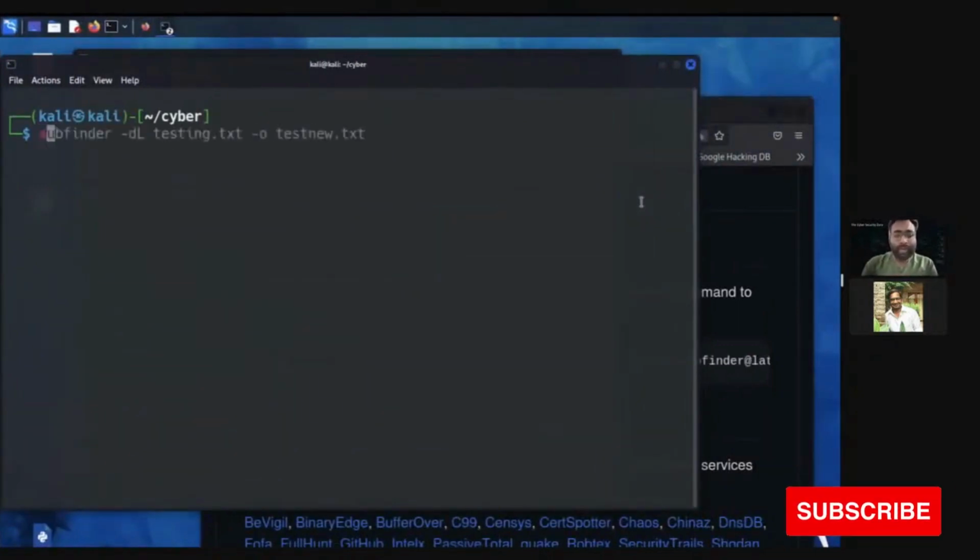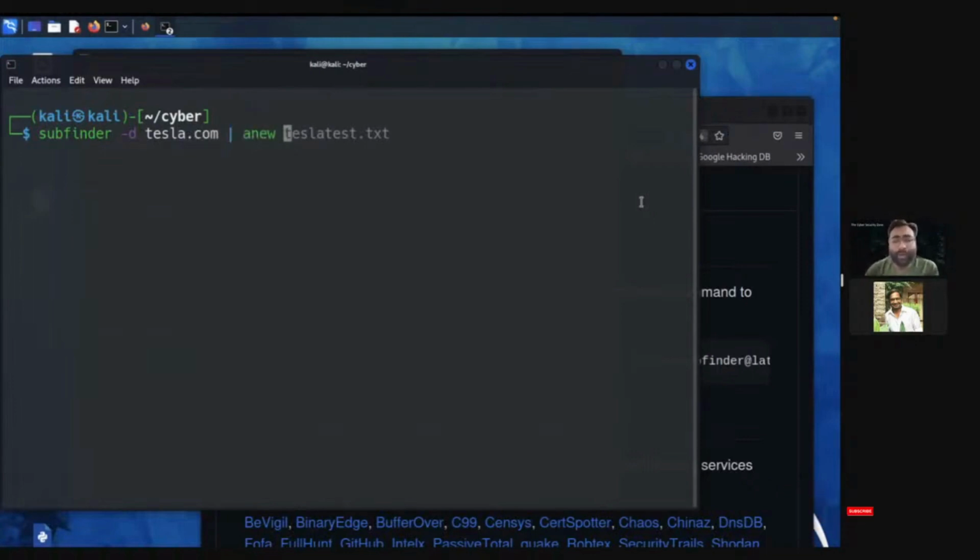So first, I need to put a target. I need to run a file. Subfinder -d, D is for domain, and then tesla.com, and then use pipe and use ANU. Using pipe, we can run 2 different tools at the same time. If you want to run 2 different tools in the same time, you can use a function called pipe in Linux distribution. So right now, what this will do,